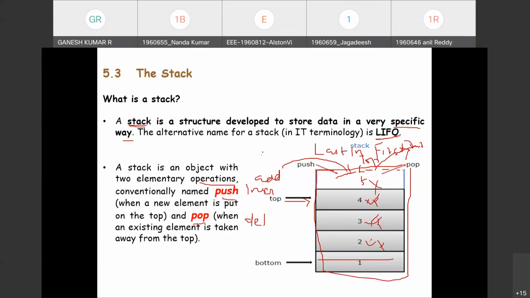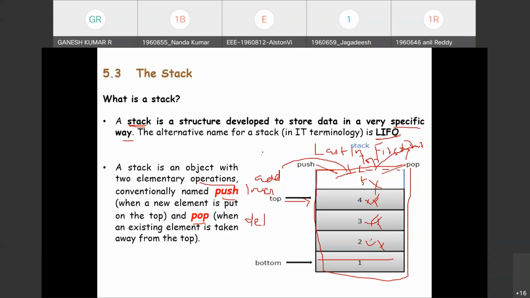Removing the existing item is called pop or deletion. When an existing element is removed from the top, it is called pop. Push adds at the top, and pop removes the latest one.